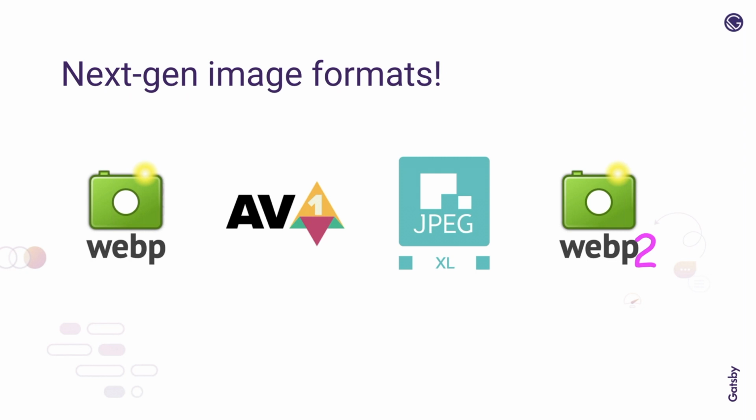But the point about the picture tag is that you can add as many or as few of these as you want. And the browser will pick the ones that it's able to support. So you could, in theory, if you're building a site now, put a JPEG XL source in there because the format is finalized now. So even though no browsers support it, you can stick a JPEG XL tag into your picture tag, like so. And when browser support lands, then it will just start working. So that's the beauty of the picture tag.